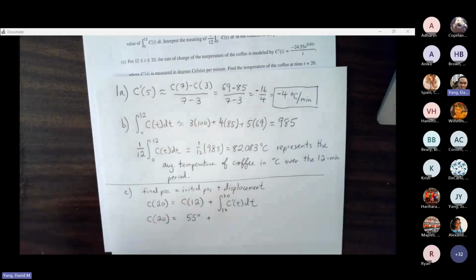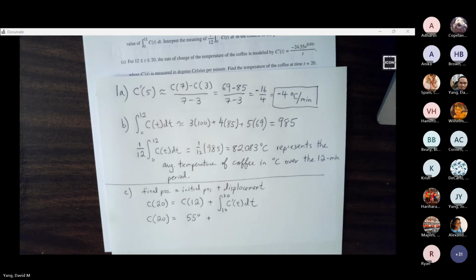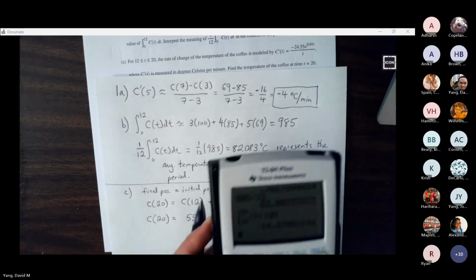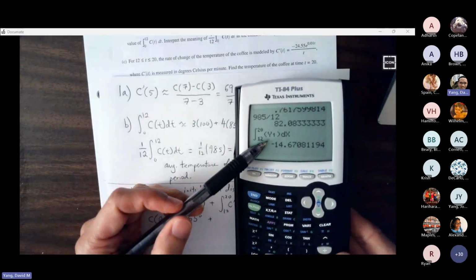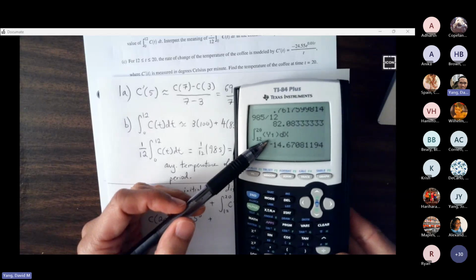And math 9. So I have y1 holding my C prime,